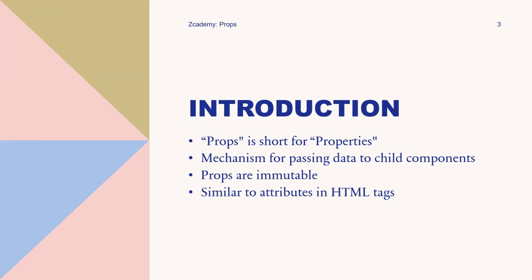Props is also read-only and immutable, meaning that once it is set in the parent component, you will not be able to change the value of the prop. Lastly, props are also really similar to attributes in HTML tags, such that you can create your own attributes, which are props. Now, let's move on to VS Code and check out how we would be able to pass props